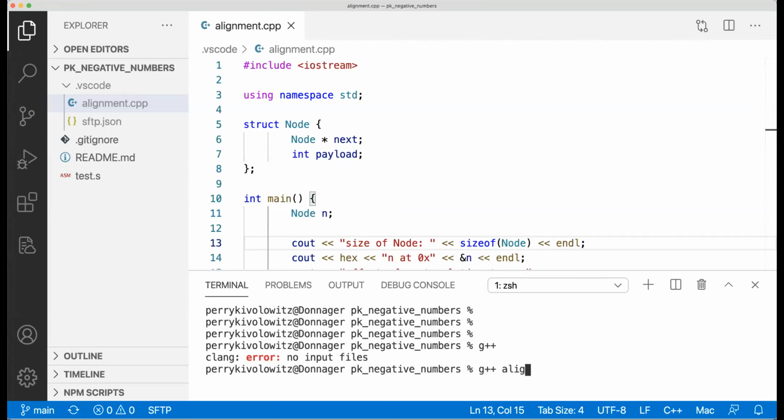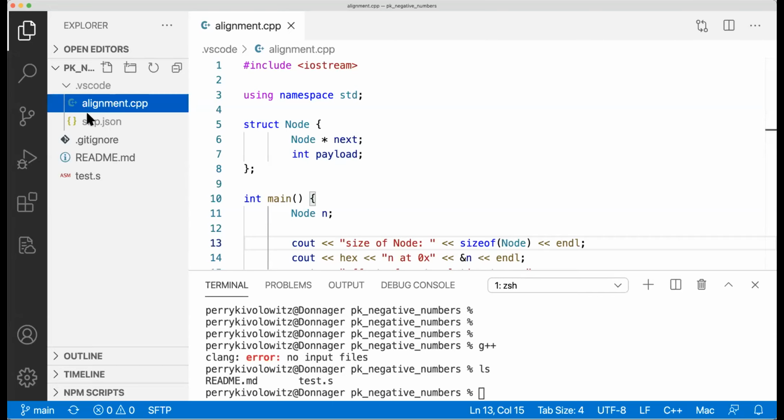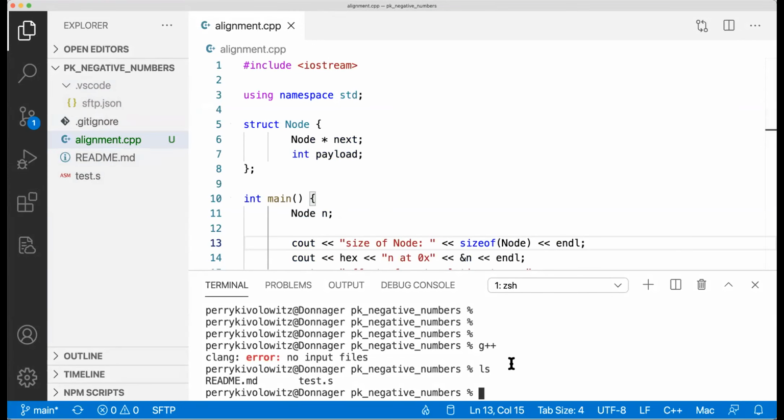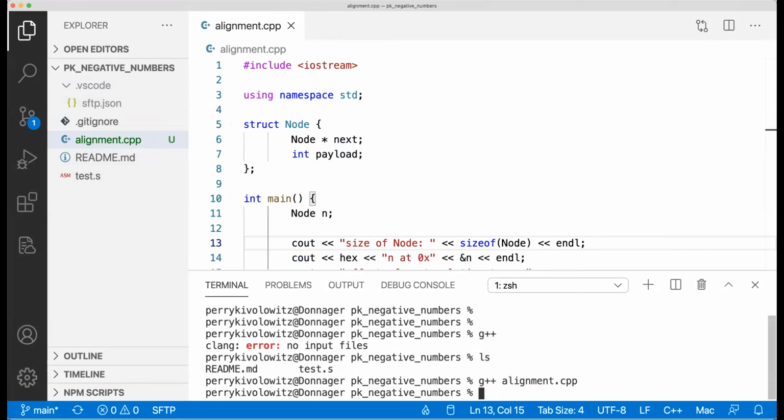Hello? We hear you. Where did I just save that? I'm in VS Code. I committed a common problem, a common bug. Let's move that out. It was in the VS Code directory. So G++ alignment and